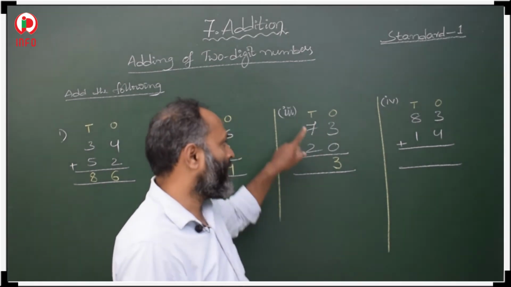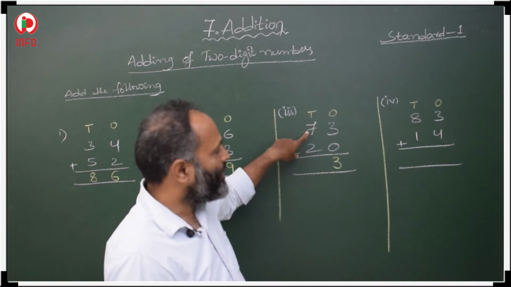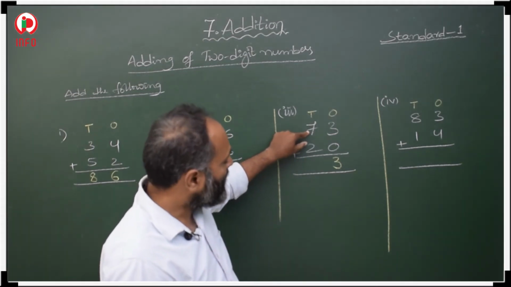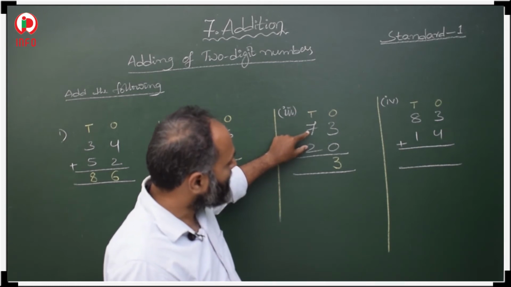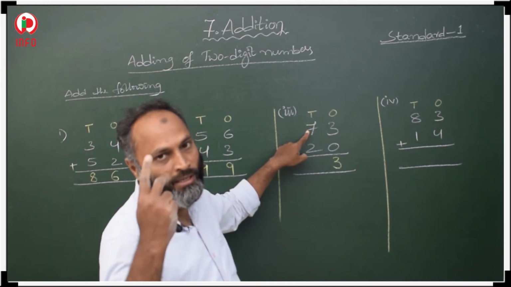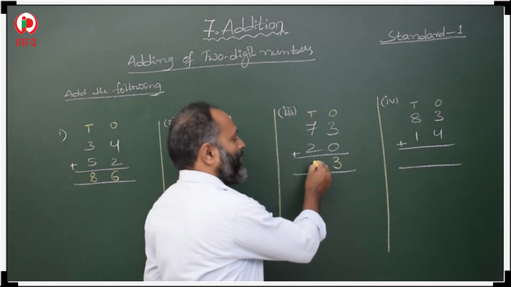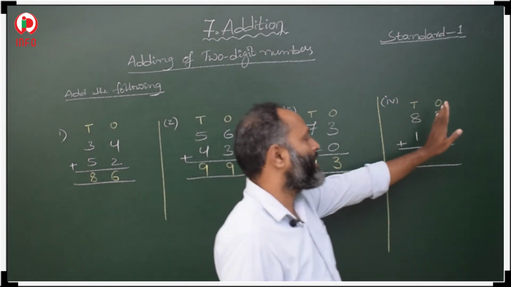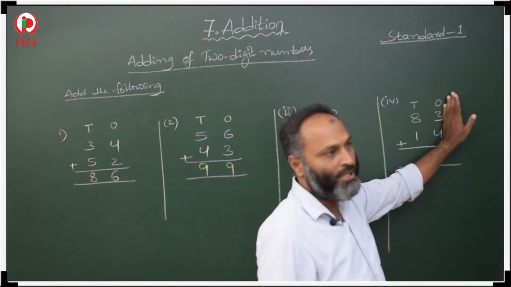Next we are going to add tens place. What is there in tens place? First here 7 is there. And one more, what is there in tens place? 2. Means 2 we have to count forward after 7. 8, 9. 93. In the same way, here also we start our counting from ones place, ones digit.